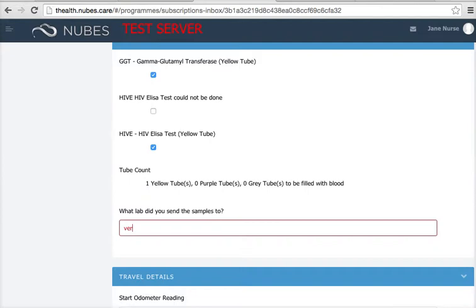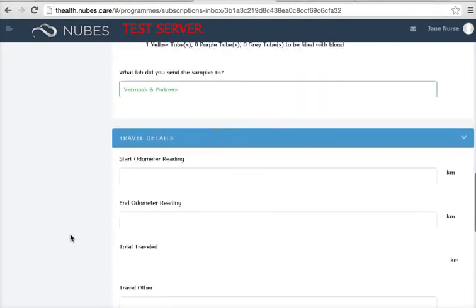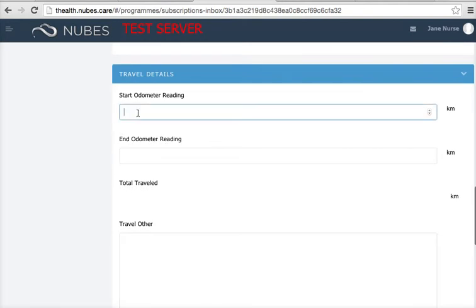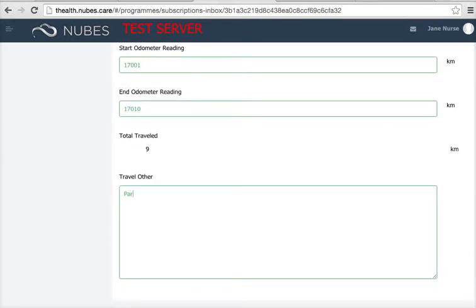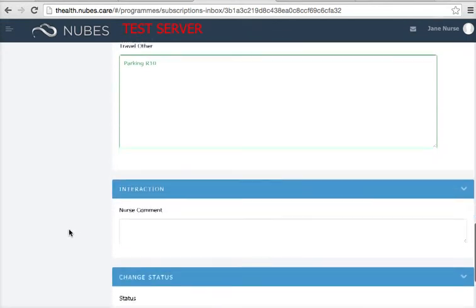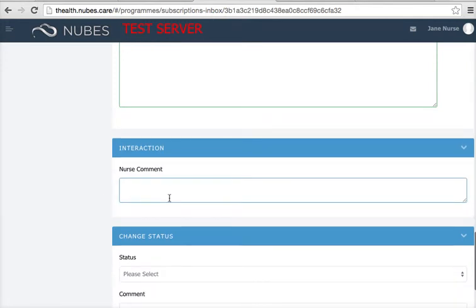All right, so we're sending these to the market partners, and here it gives you your travel details. You enter your kilometers as you currently do, and it will auto calculate how many kilometers you've traveled. Then you can also enter here your other expenses if there are any that you can claim, and move on. If you want to add a comment on the interaction,